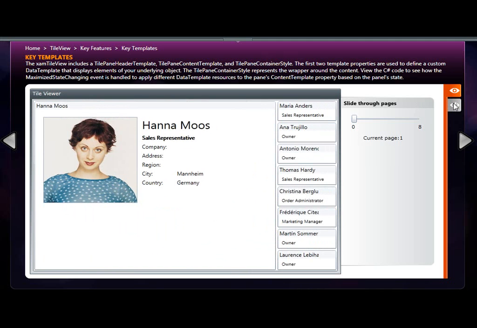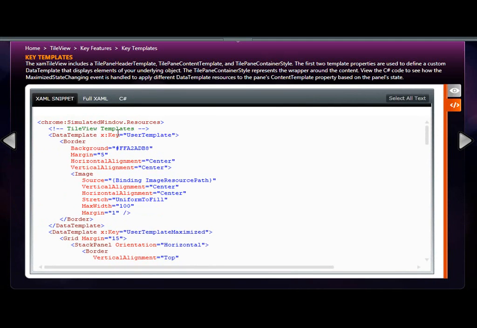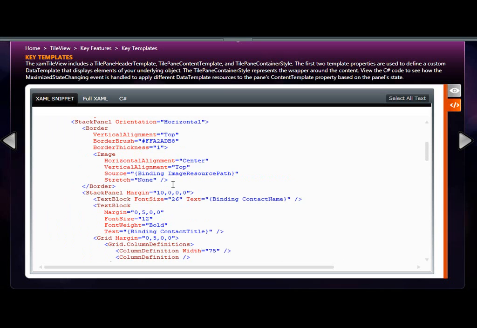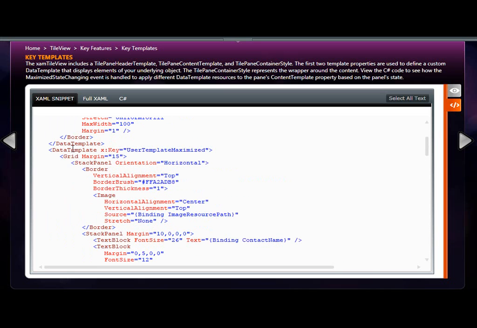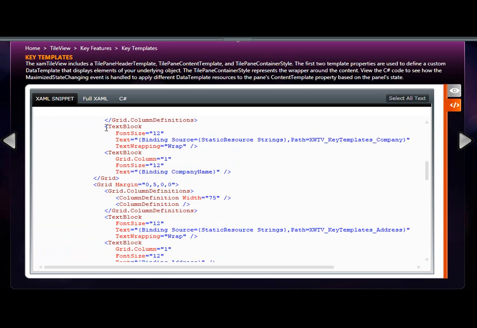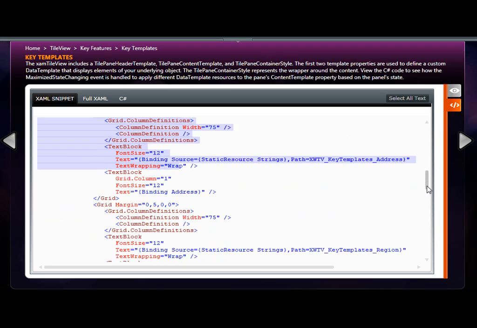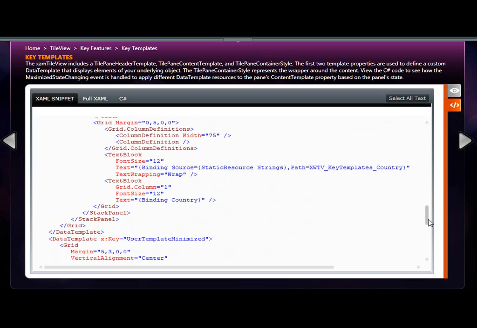And if we flip this sample around to take a look at the XAML code, notice here we have one data template for each tile. Notice how in this particular data template we have an image control where we use data binding syntax to populate the various elements that we place in the data template. If you remember, in maximized state we have more items in that template, so here's that data template for when it's maximized. So as I scroll down, notice there's more stuff, like there's a couple of text blocks, then there's a grid to contain the elements as well,